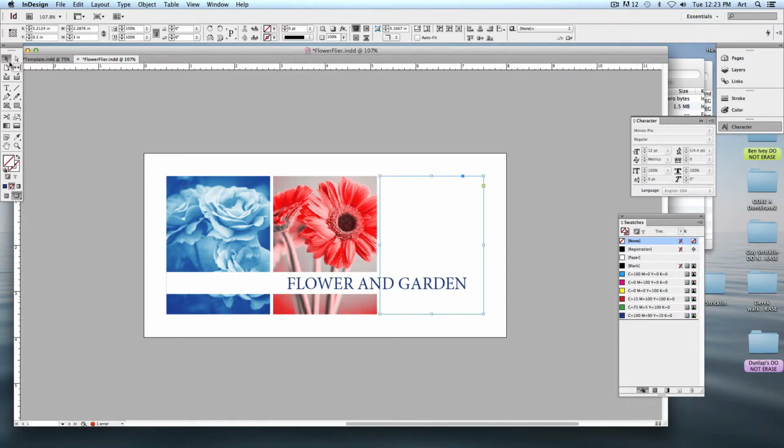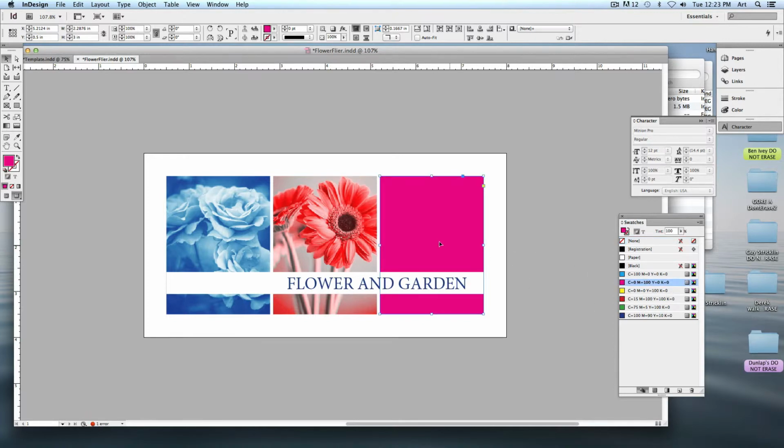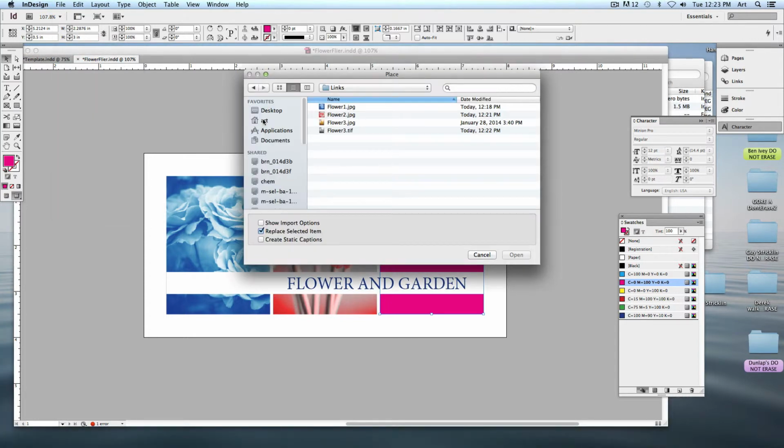The first thing I'm going to do, check this out. I'm going to change the color of my box that I'm working with. In our case, I think I'll change it to magenta. Watch what happens when I drop in my TIFF that I created. There's my Flower 3 TIFF. It's all black and white. When I say open,